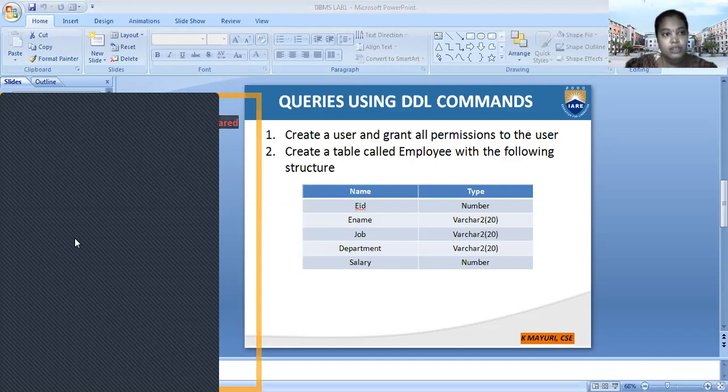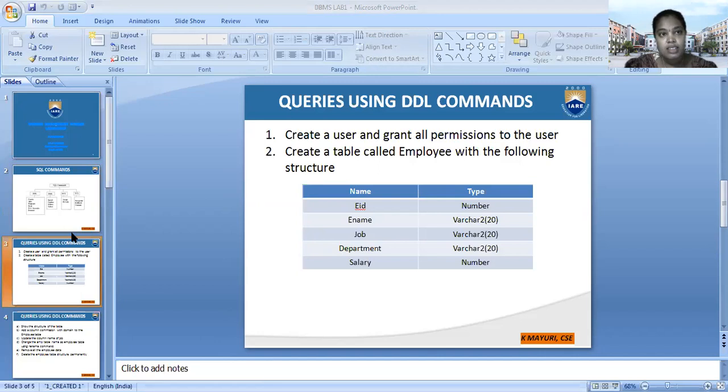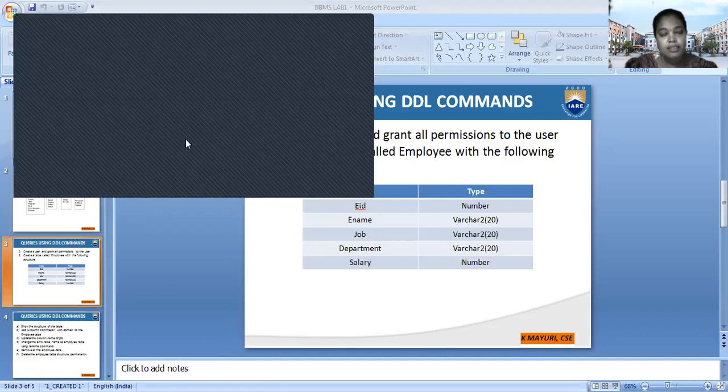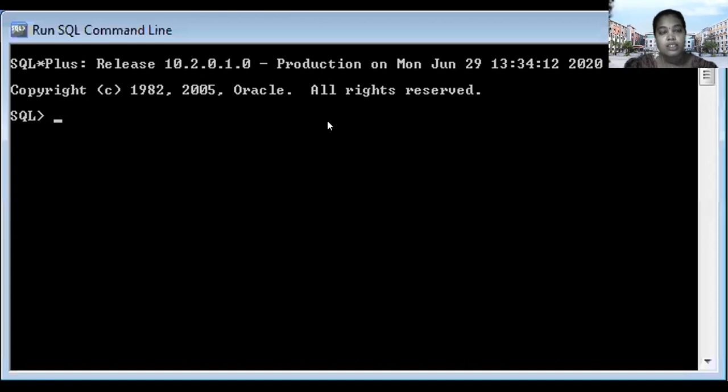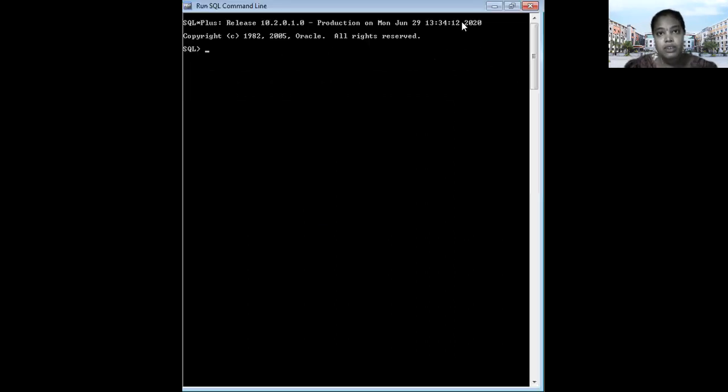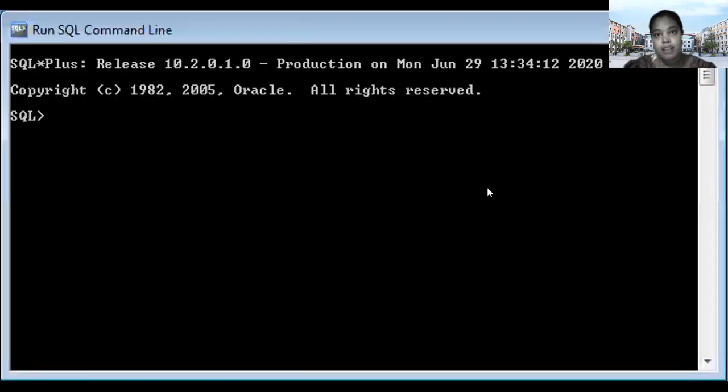So here you have to see the run SQL command. Now you have to see the run SQL basic commands and how to use these commands.